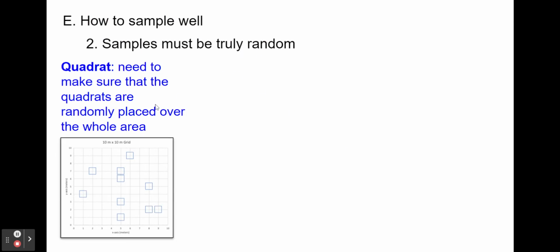Number 2, our samples must be truly random. In quadrat sampling, we need to make sure that our quadrats are randomly placed over the whole area, not clumped in one corner or just around the edges. We can do this by throwing our quadrat while spinning around so it lands in a random area, or by dividing up our survey area into a grid and using a computer program to randomly choose different locations to put